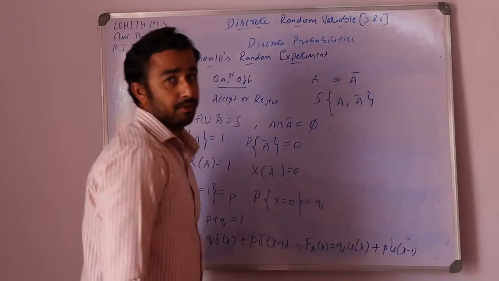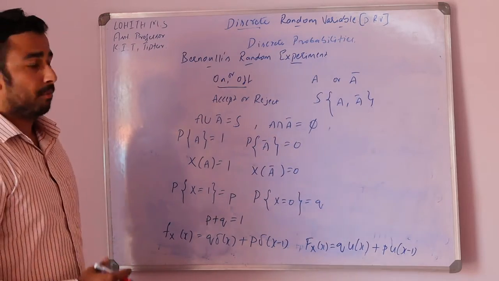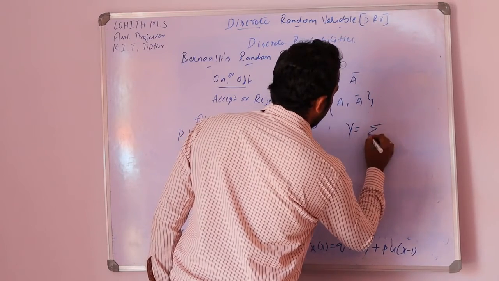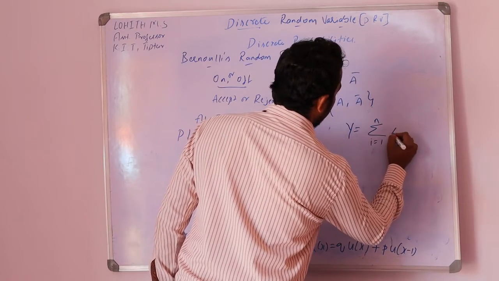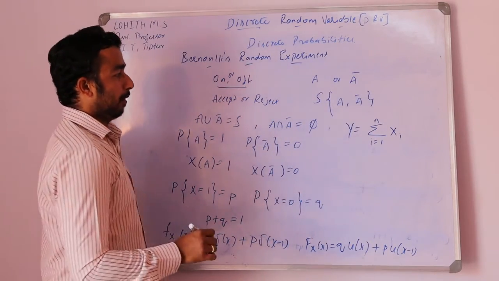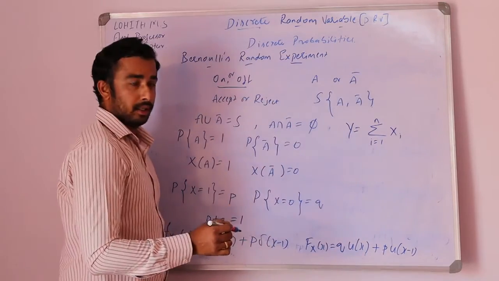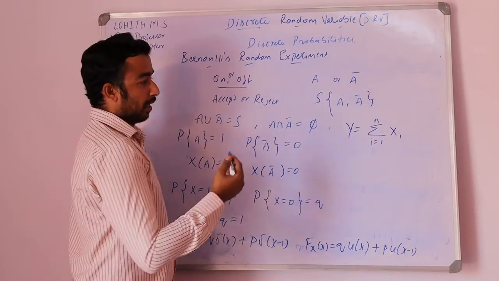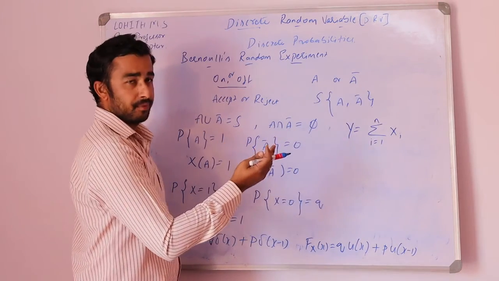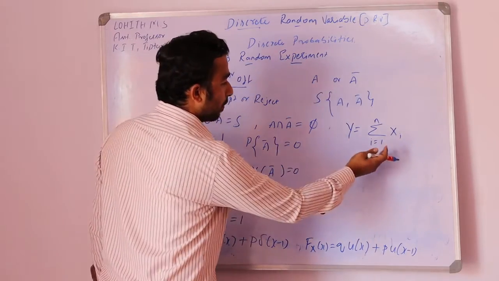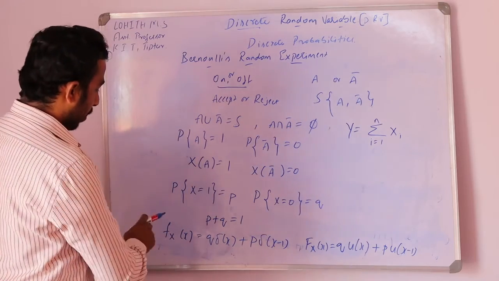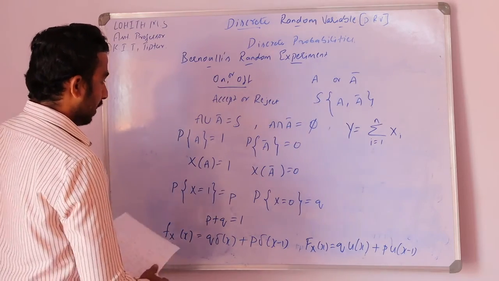So if there are n number of trials made for this Bernoulli's random experiment, we can write it as y is equal to sum of i is equal to 1 to n of xi. Means if x takes a value 1, 1 will be added to y. If an outcome of the experiment is 1, then 1 will be added to y. If it takes a value 0, then 0 will be added to y. So using that, the probability density function can be written as